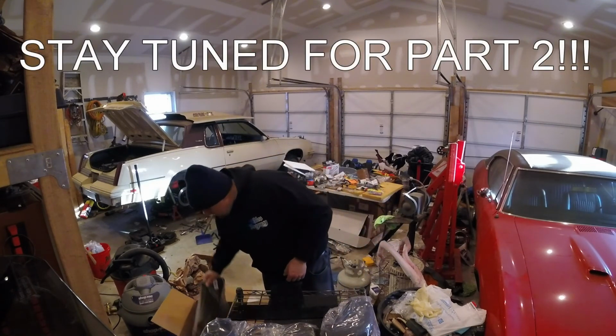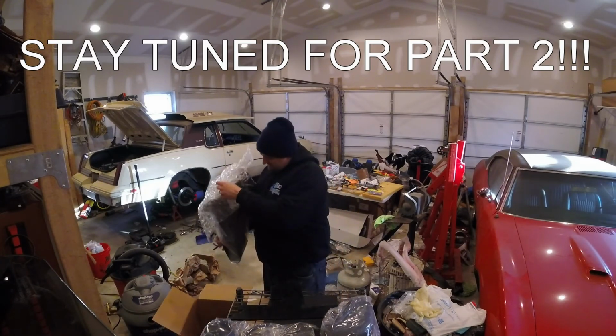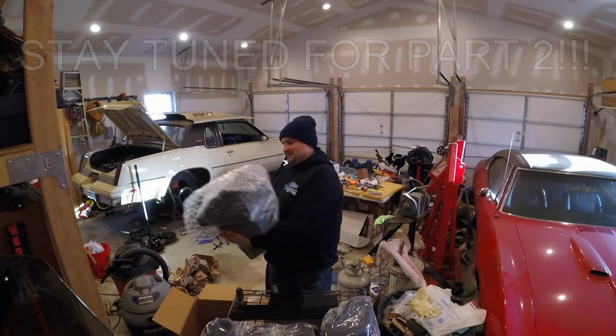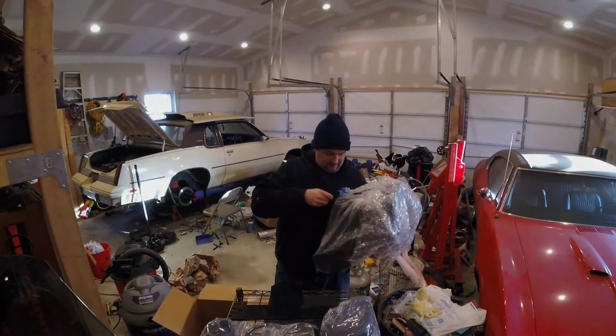And then, boy, they sure make it easy for you. This is the full-blown filter assembly. So there are not many pieces to install this thing, but let me see if I can...